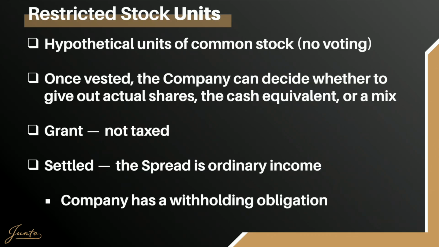And once the vesting schedule is satisfied, so once restricted stock units vest, the company settles it. So they decide once it vests whether or not they're going to give the actual shares then, the cash equivalent of the appreciation in value, or some mix. So as far as tax consequences, at the time of grant, there's not a tax. When it's settled, the spread, the difference between the time it was granted and the fair market value at that later point in time, is going to be included in ordinary income. The company has a withholding obligation, which makes it a little bit more difficult for the company to handle from